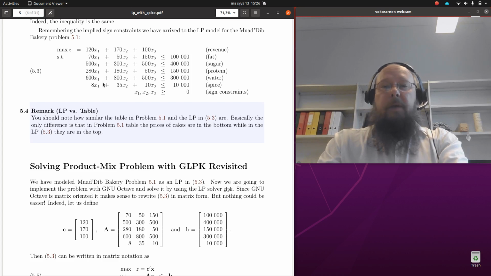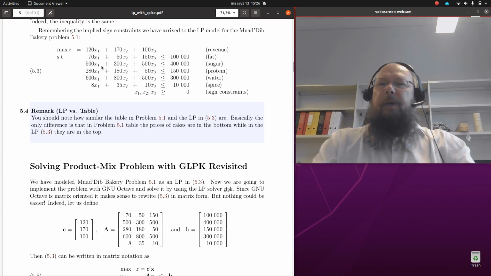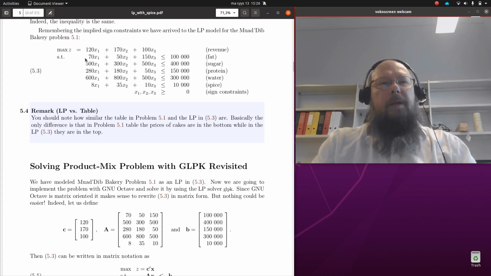GNU Octave is a MATLAB clone. It is matrix oriented, I mean, it understands matrices very well. Basically almost everything to it is a matrix, so it makes sense to write this in matrix form. The neat trick here is that if you look at these numbers times these variables and just formally think of a vector x as x1, x2 and x3, then if you collect what you have here into vectors, you see that